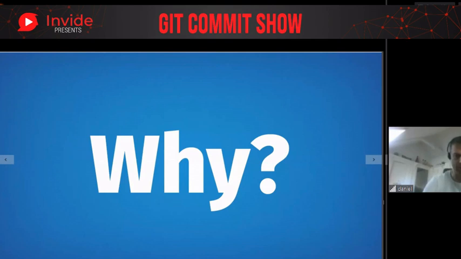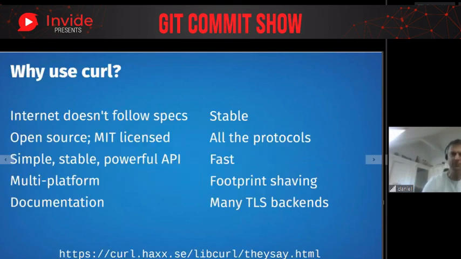So why are people using curl? Why are all these companies using curl in all of these devices and products and everywhere? There are a lot of reasons, of course. The internet doesn't really follow specs very well. So if you want to do a client that speaks these protocols with a lot of services on the internet, you need to give it time.